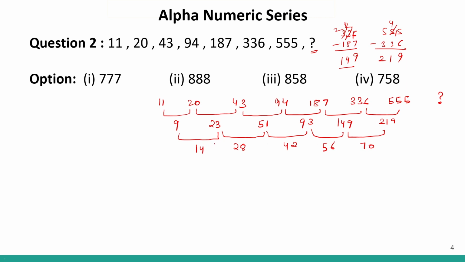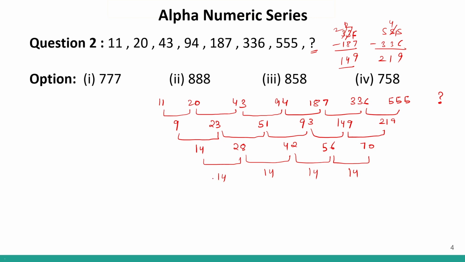So now I've told you, whenever you get questions like this, we have to reduce them to the lowest level. We have to take them to the lowest digit where we can see a pattern. Over here I can see a sort of pattern. 14 and 28, the difference is 14, correct? 28 and 42, the difference is 14. 42 and 56, the difference is 14. Similarly, for 56 and 70, the difference will be 14. So now I can see a pattern.